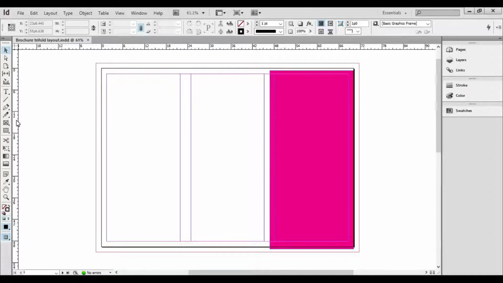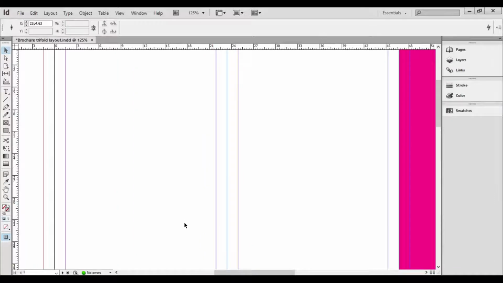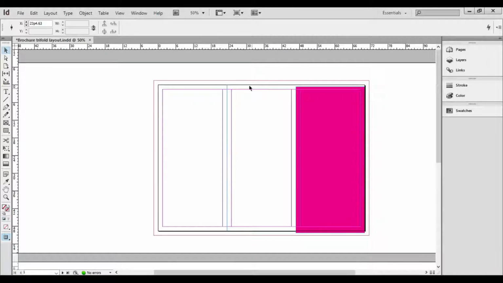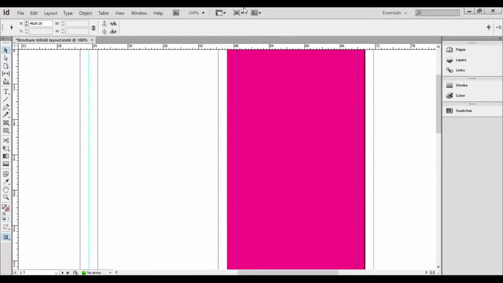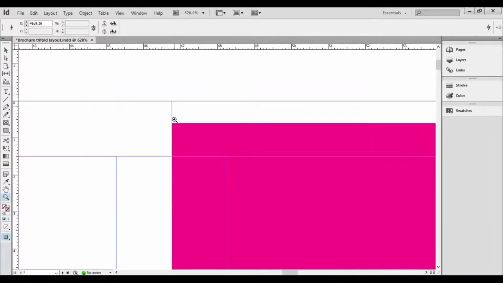You can put guides. So you can simply click and drag to bring in a guide. So this guide, can you see this? This guide shown in color blue, your page will be folded from here. Here you will have another fold. Here you will have another fold. This is the fold line.